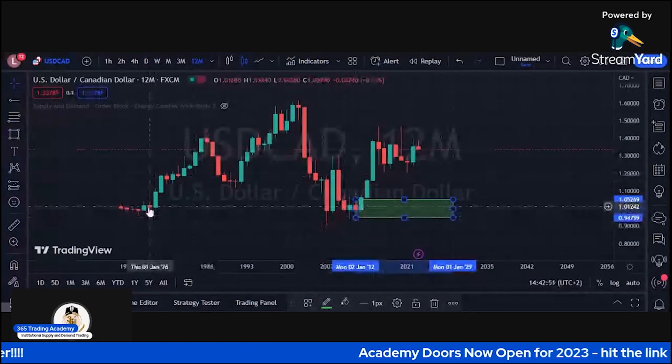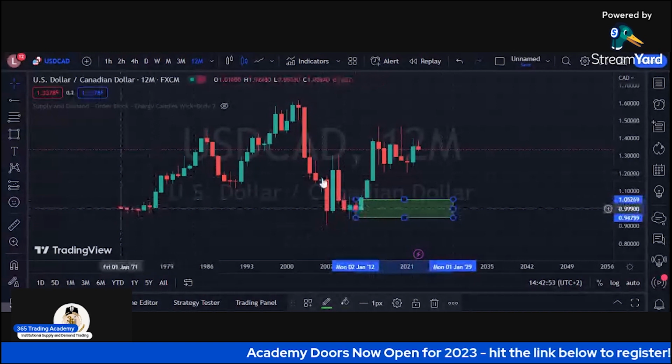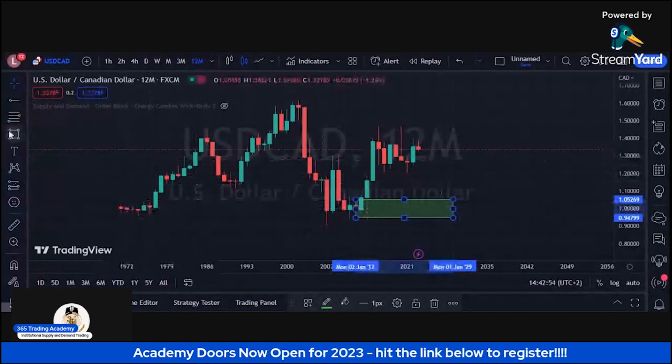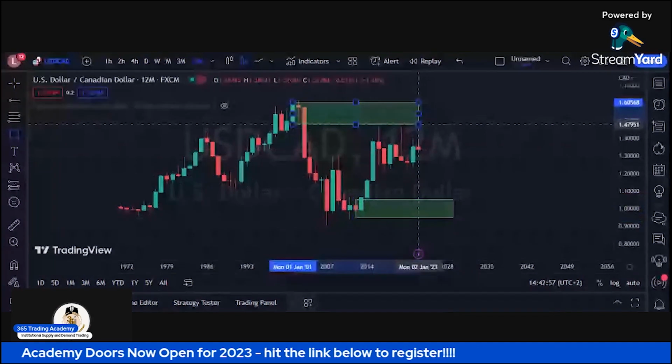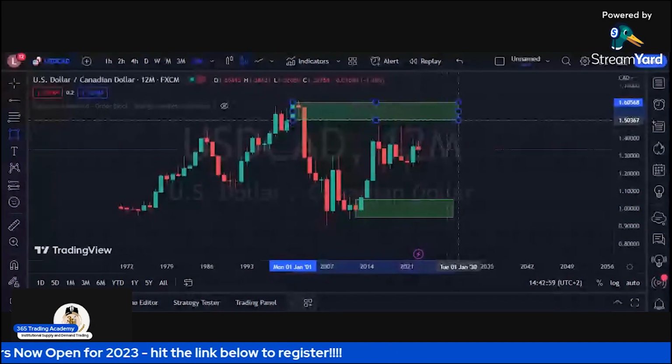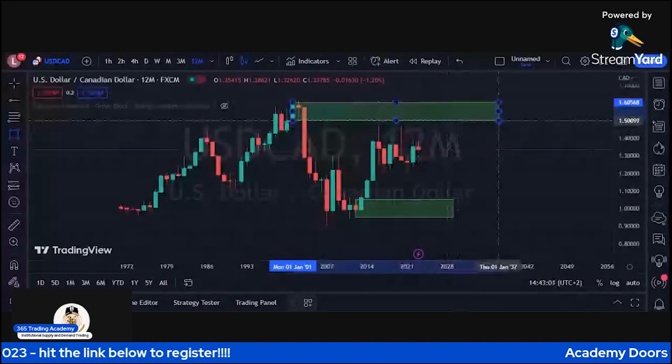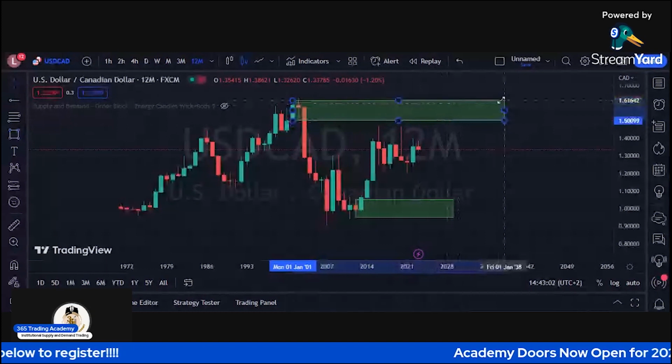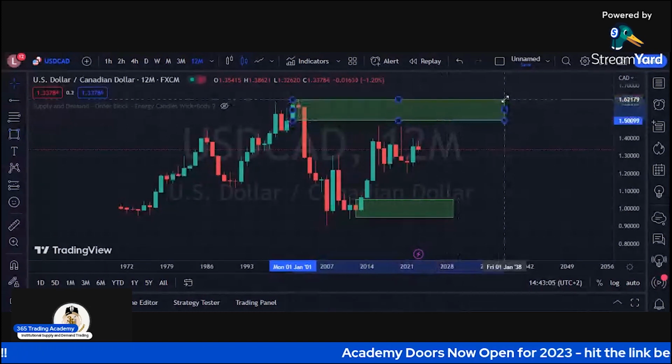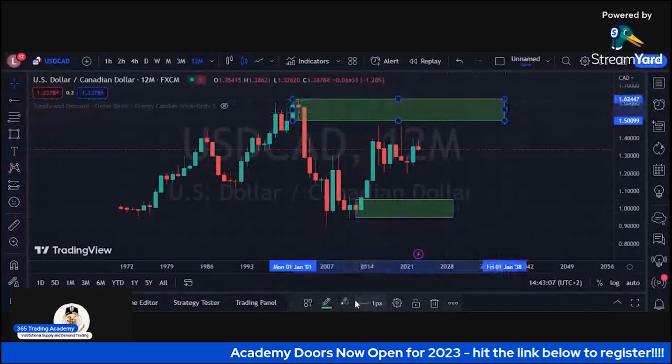This goes all the way back to the early 1970s, right? And then, like I said earlier on, we could acknowledge this as a supply, given it could have given us a basic module one imbalance, and that imbalance is what validates the zone as a supply. Not all zones are supplies or demands. Not all turning points are supplies and demands.